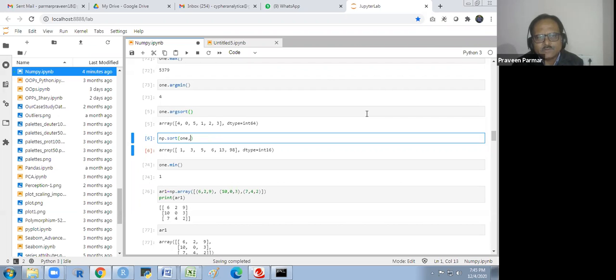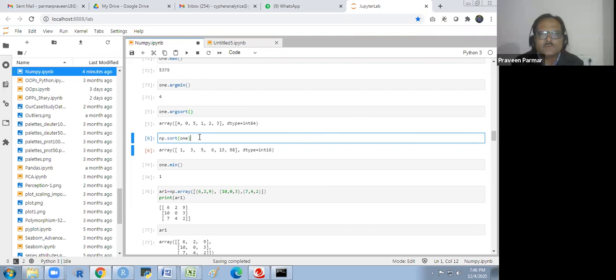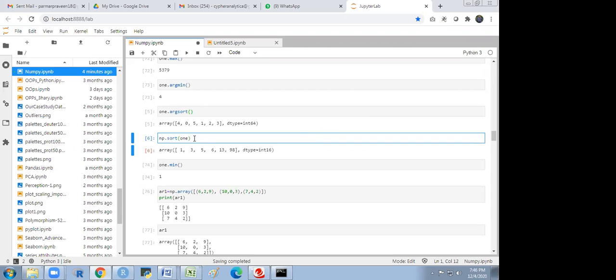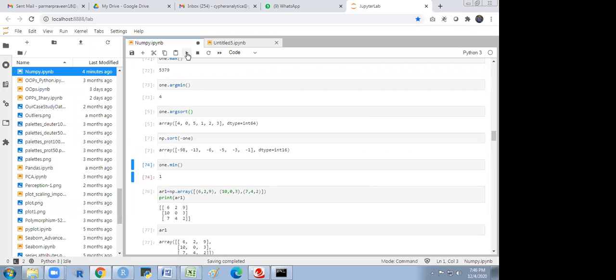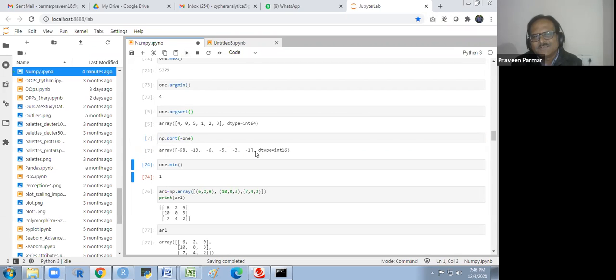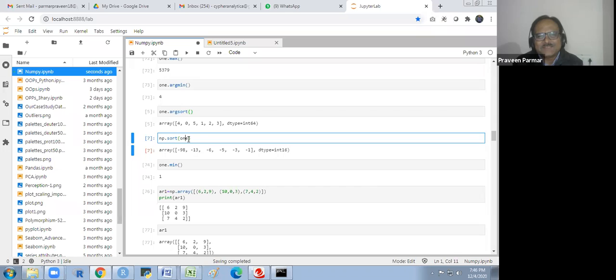I will just look at this. Sir, I figured it out. Yes, np dot sort of, you put -1, sir. Put minus here. No, no, it will not give. It is giving us like this. We could order, maybe there is an order for the sorting.